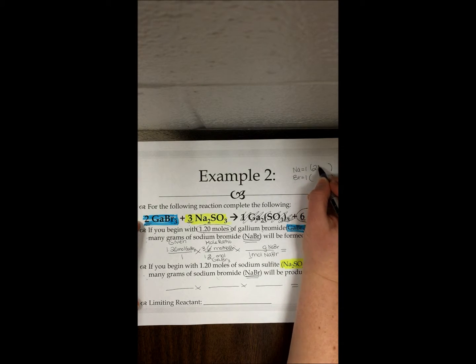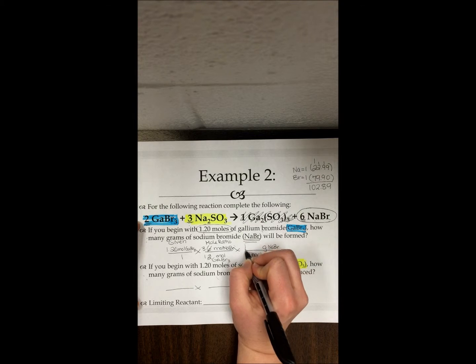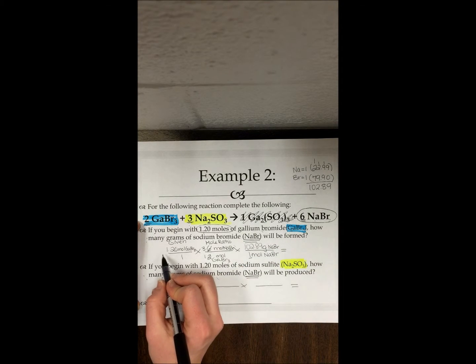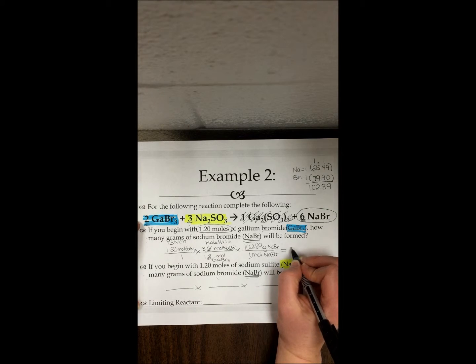So we're going to add up 22.99 and 79.90. Okay, we'll do a little fast math. So we're going to write 102.89 grams here. Now our final step is going to be to multiply the top, which means we're going to